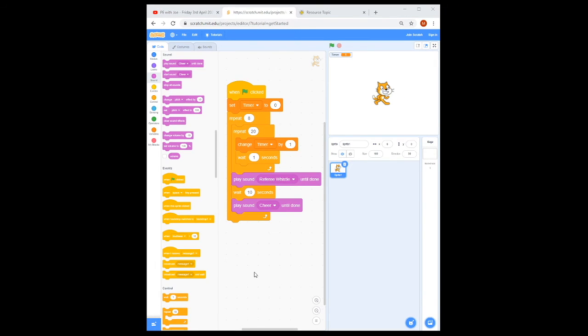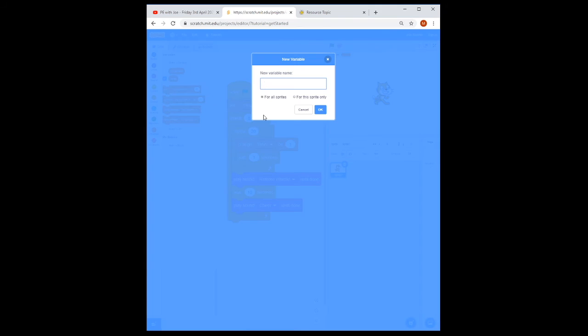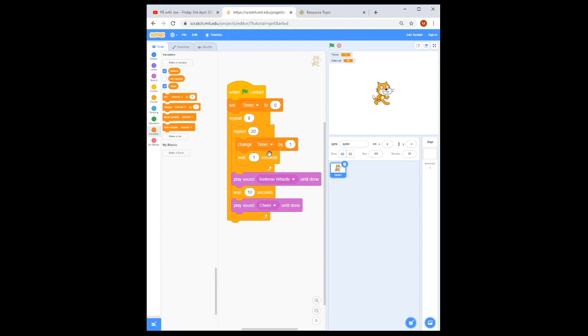An alternative method to add in the interval would be to create a second variable. So we'll do that the same as we created the first. We go into the variables category, click on make a variable and call this one interval. And then we click on OK. And what we could do is, instead of having this wait 10 seconds, we could just remove that. We could say that when the referee whistle sound comes on,